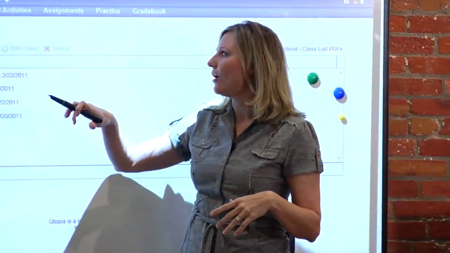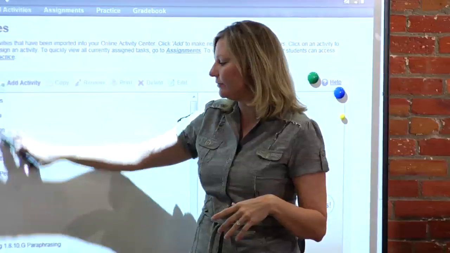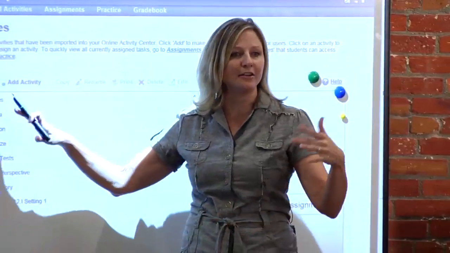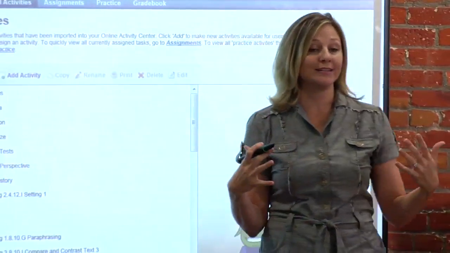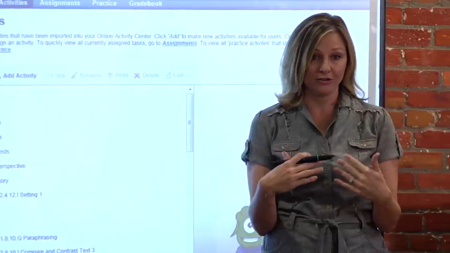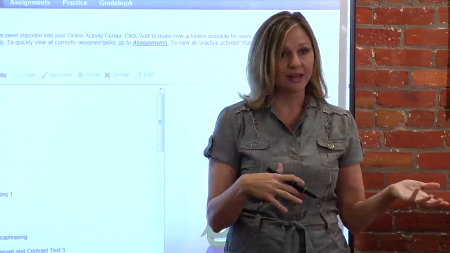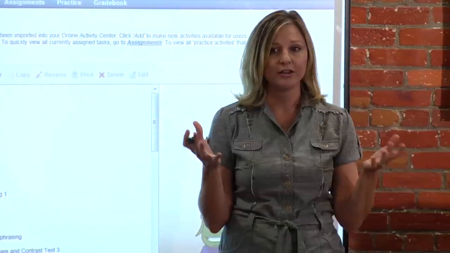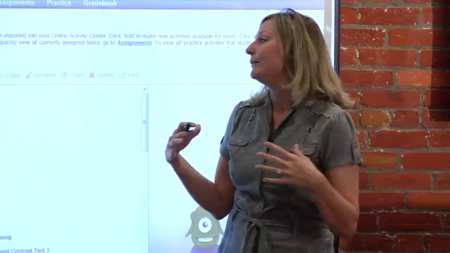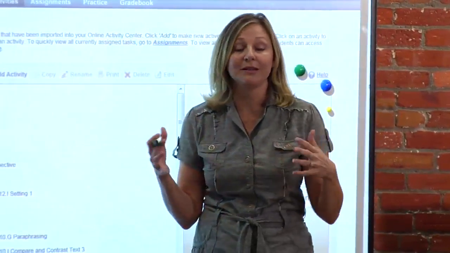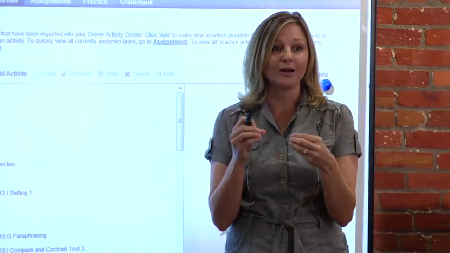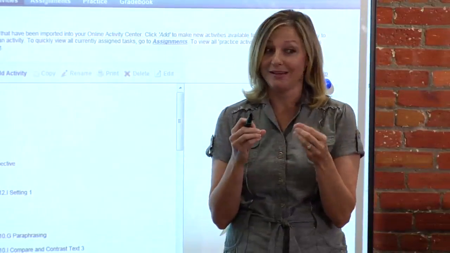So I created my classes. I have all these activities that I went through and found that I liked, and then I divided them up how I wanted. And what I really like is that they're all my state standards. If you have state standards, there are activities for that. If you don't, then there are national standards, so there are activities for that. So it wasn't something that was just a game or something I couldn't correspond with what I was teaching already. That's what drew me in.